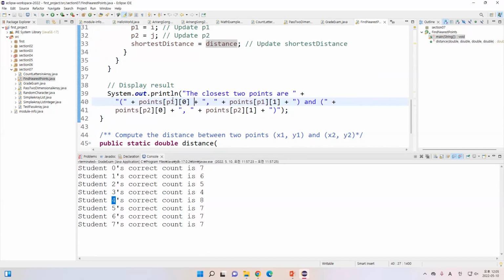So displaying the result means I want to see what are the closest 2 points. So this is the P1, 0, P1, 1. It means this is the X, this is the Y, and then this is the X, and this is the Y. If you check,